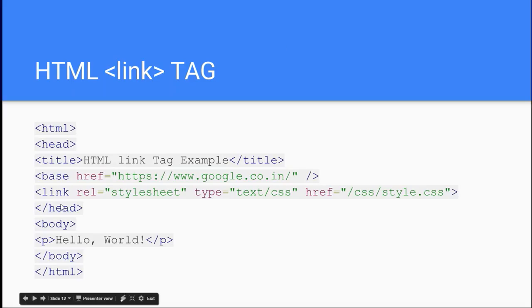So here we are going to link a style sheet which is located in a different directory of the same folder. If you don't understand the linking here, you don't need to worry about this, because it's completely a CSS topic. You will learn linking a Cascading Style Sheet to the HTML page when you learn CSS. Currently, it's mandatory for me to mention this, but it's not really essential